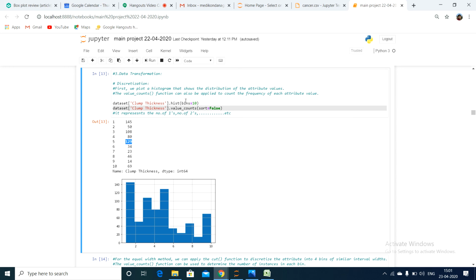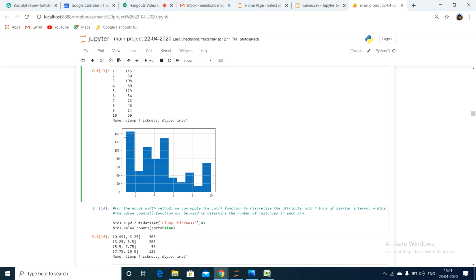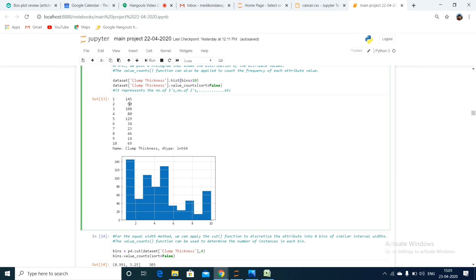What is hist? Hist is a histogram. For discretization we are using histogram analysis because, as you can see here, the number of ones is 145, shown in the graph representation. That is the reason it goes up to 145.